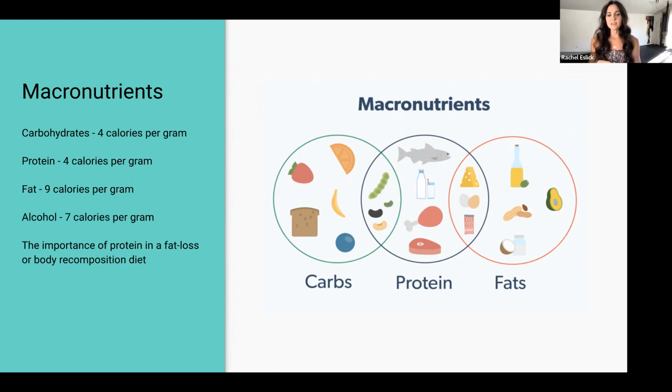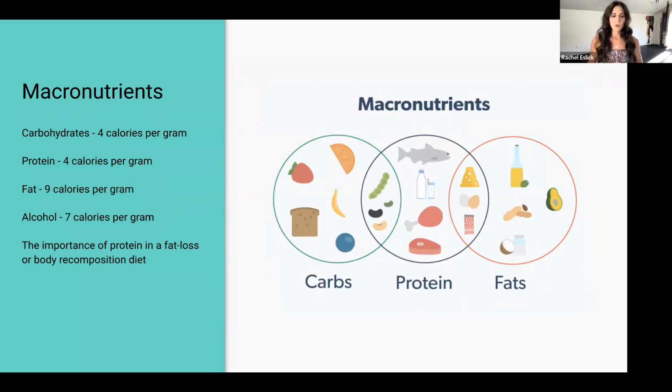So I like to use peanut butter as an example, because people think, oh, well, I'm eating peanut butter, that's protein. I didn't bring it in here, but look at the nutrition facts on the back of peanut butter. It is mostly fat. So yes, there is protein in peanut butter, but the vast majority of the calories you're getting come from fat. That doesn't make it a bad thing, but don't lie to yourself and say, oh, this is a very protein rich meal because it has 2 tablespoons of peanut butter. No, it's high in fat, it's high in calories. It's fat dense and calorie dense, but it's not protein dense.